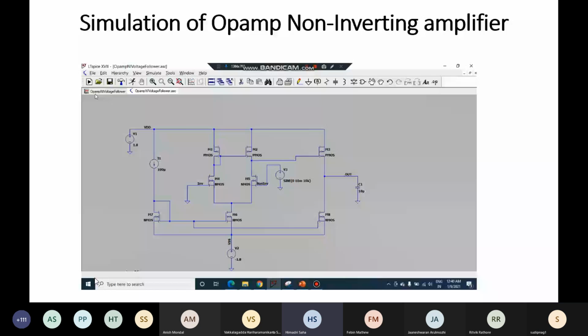Here the open loop gain is almost infinite. That's why it is saturating. Is it because SPICE is taking very ideal values compared to the Cadence part we got? True, that is true to quite some extent, because here we are considering idealistic MOSFETs, but in Cadence it was working on the PDK, which is process design kit information for the practical MOSFETs used in the TSMC 180 process. But in practice, even there, if you do the sizing with Cadence transistors, you can still arrive at a similar result. That is possible.